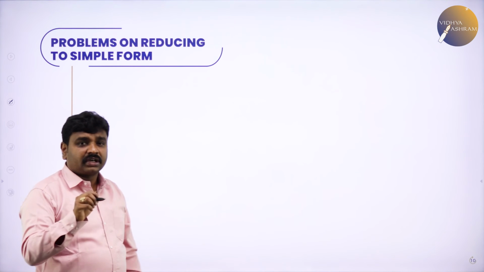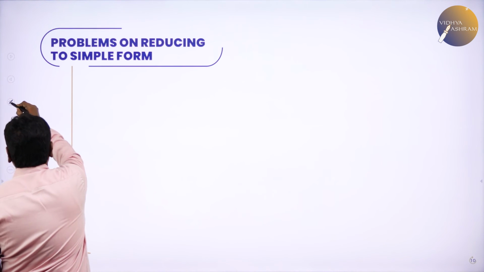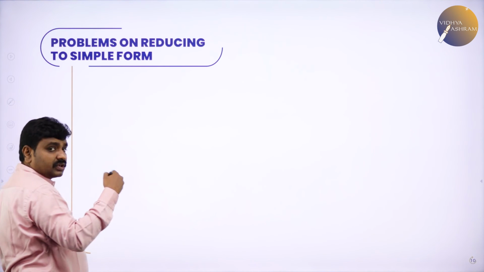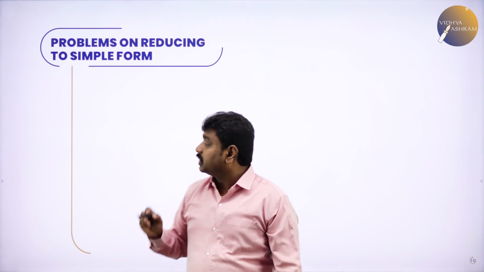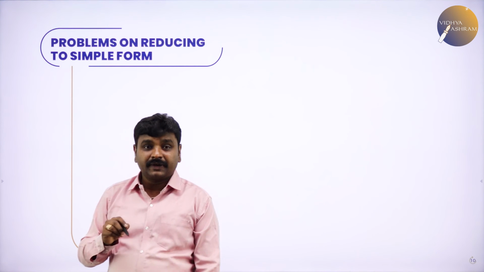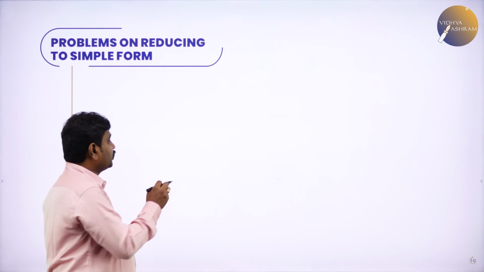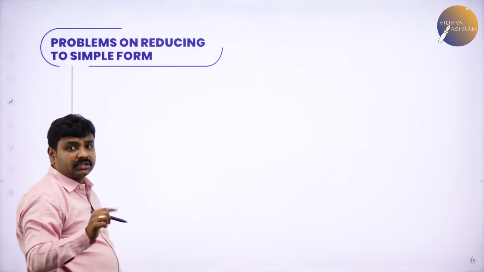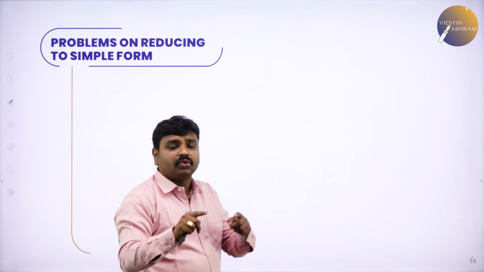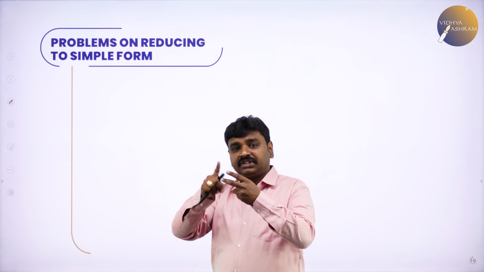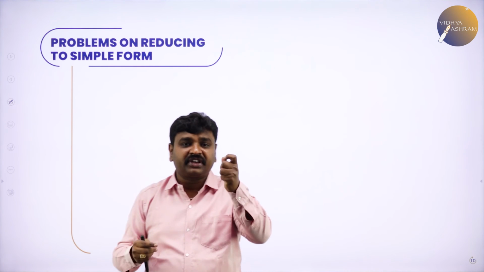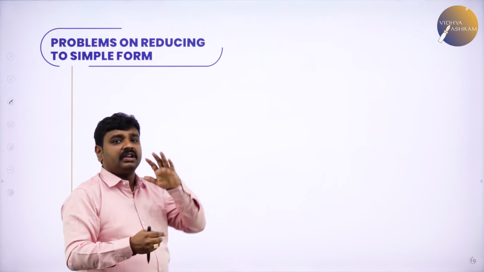So the method of substitution, writing in simplest form, always depends on what you are substituting. To substitute you should be thorough with the table of substitution. Today I'll end my class by revising the table of substitution. Without the table of substitution it will become very difficult for you to move in inverse trigonometric functions, differentiation, even in integral, definite integral proofs. We need this.